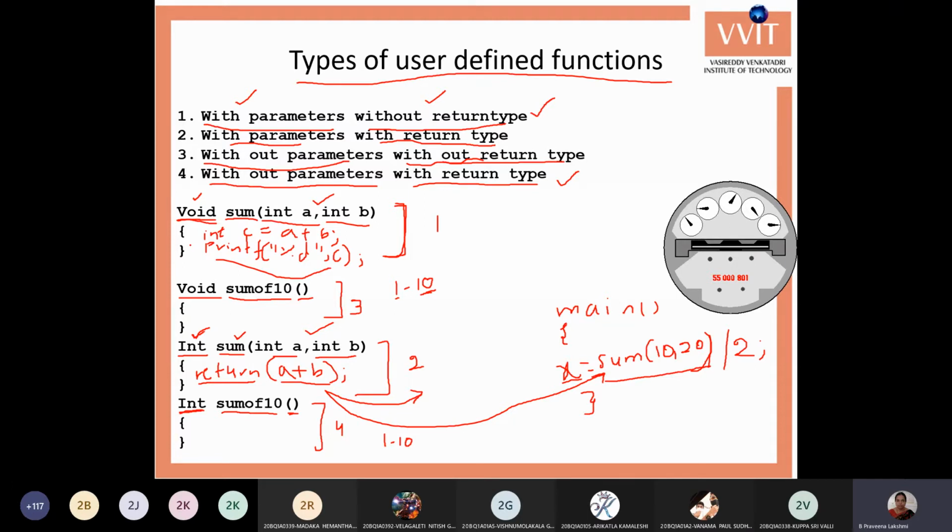Next, write down the second one: with parameters, with return type.